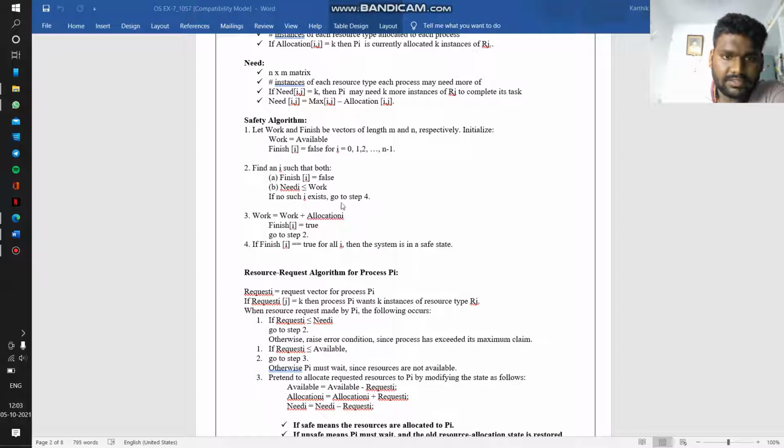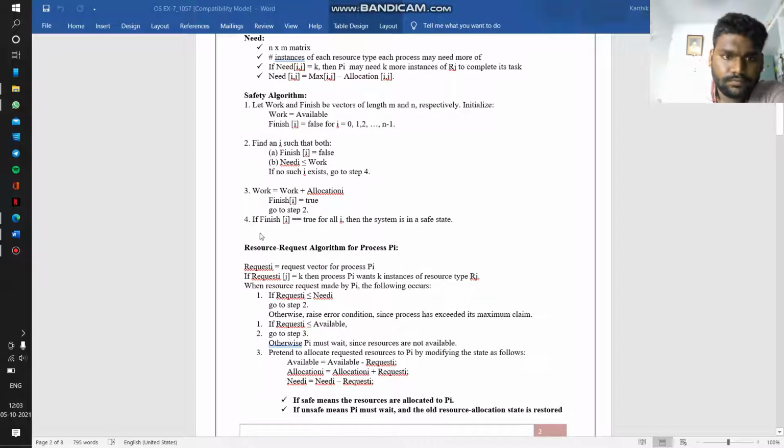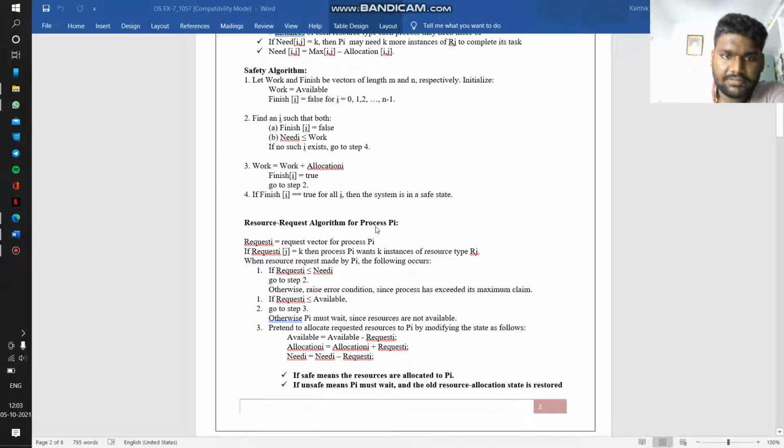If no such i exists, go to step 4. Step 3: work equals work plus allocation[i], finish[i] equals true. Go to step 2. Step 4: if finish[i] equals true for all i, then the system is in a safe state.